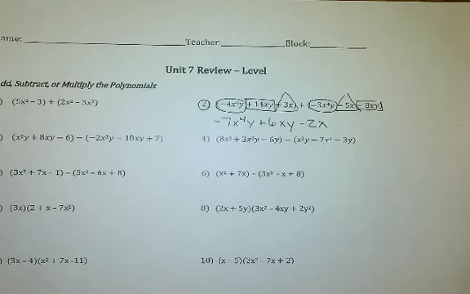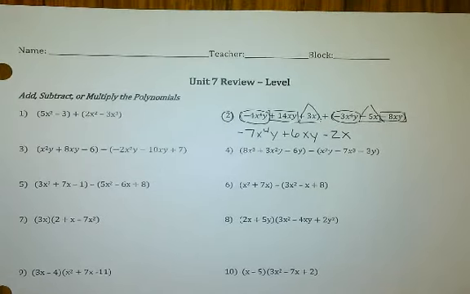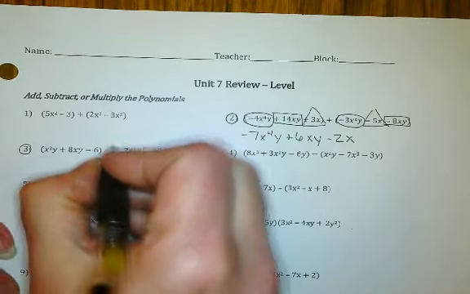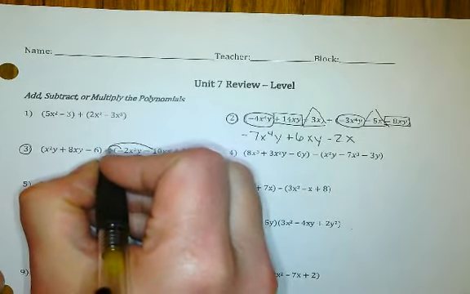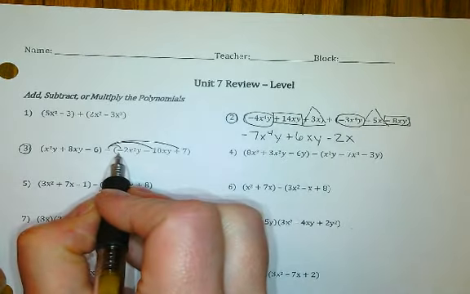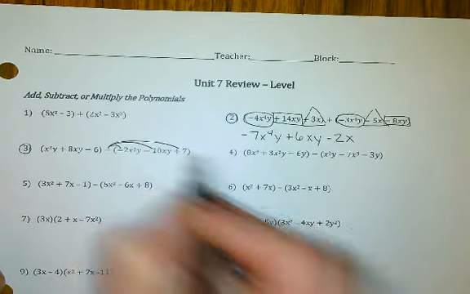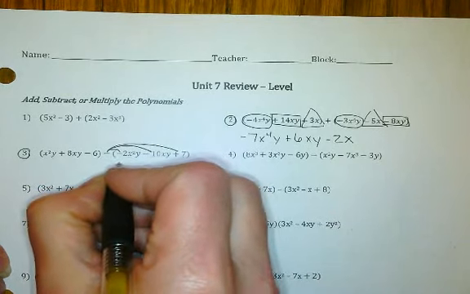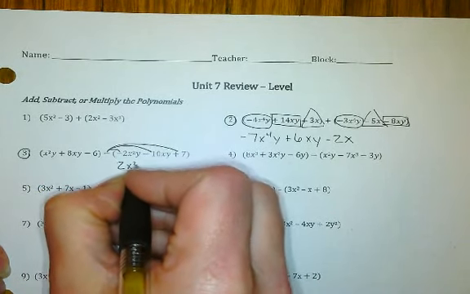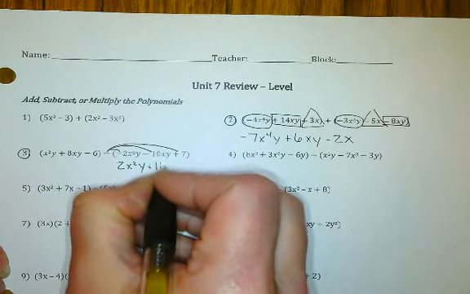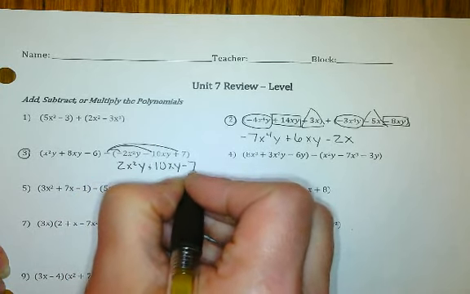Alright, on the next ones, you're subtracting. So the main thing with the subtracting is you have to make sure that you distribute that negative. A lot of people will distribute it right here only, but you got to do it to all of them. So if I distribute that negative, this becomes a positive 2x squared y, a positive 10xy, and then a negative